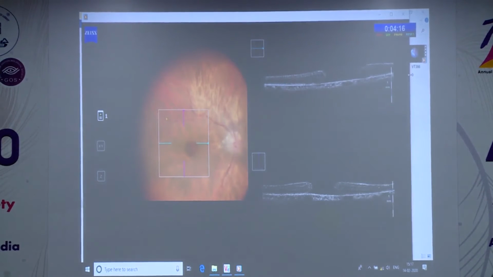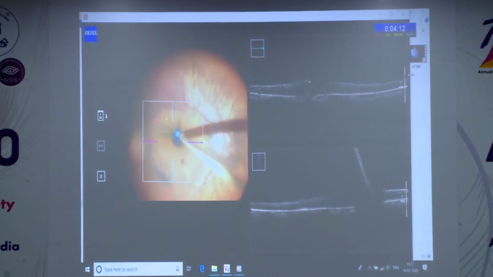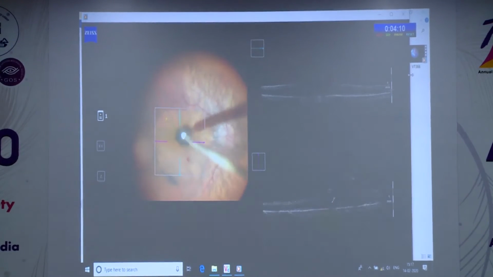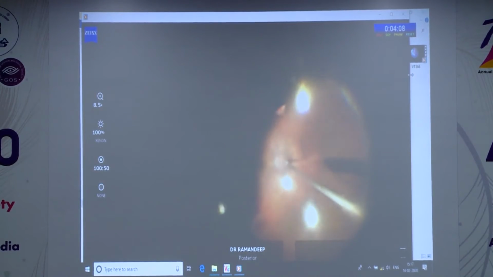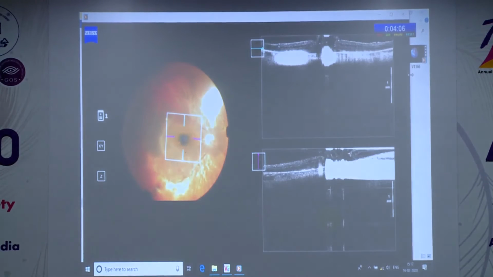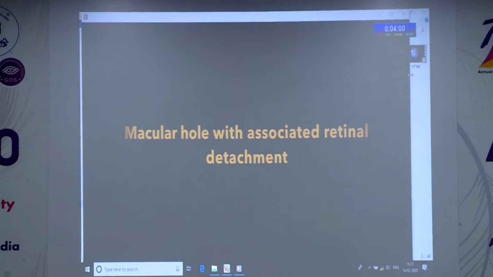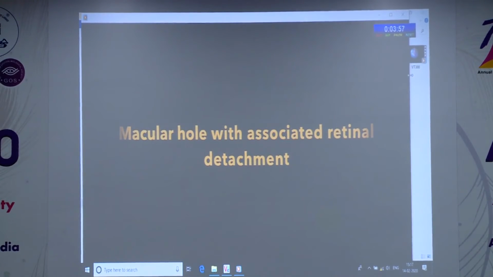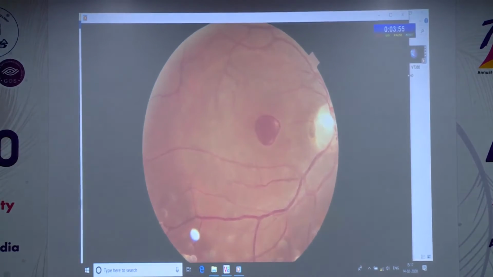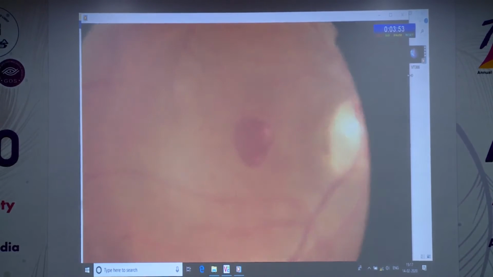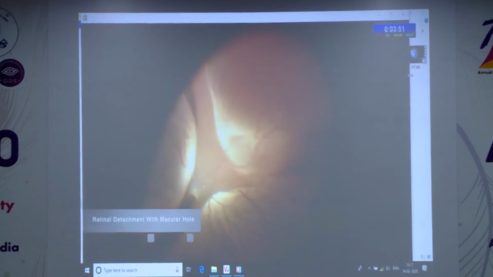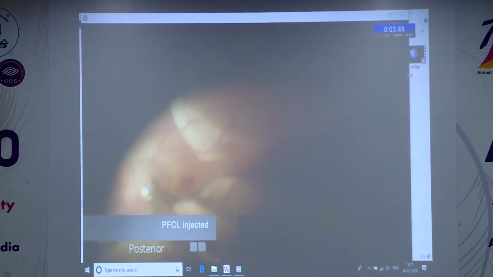During surgical treatment of a large macular hole by free internal limiting membrane flap, non-displacement of the free ILM flap is ascertained post-fluid air exchange by intraoperative OCT, thereby preventing post-operative day 1 surprises. In a case of macular hole associated with retinal detachment, intraoperative OCT aids in assessment of macular hole size under PFCL.